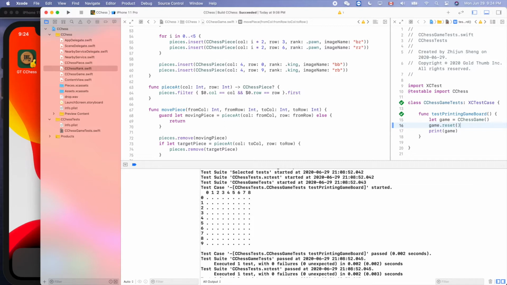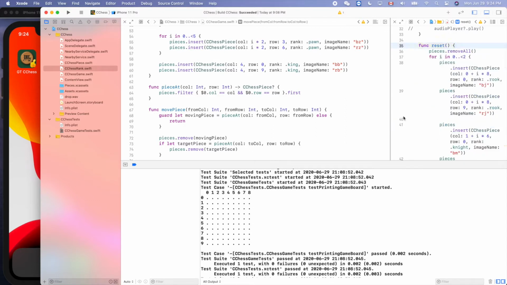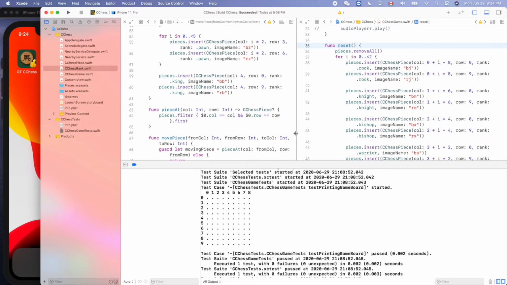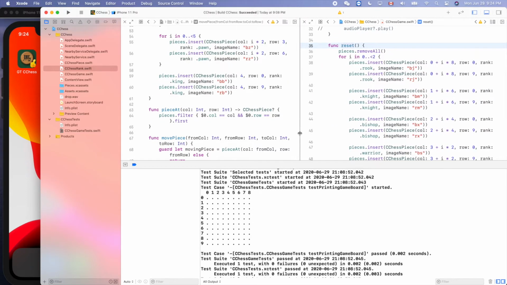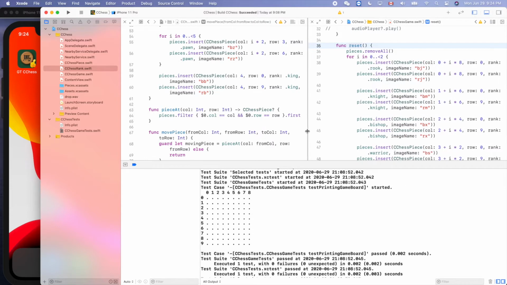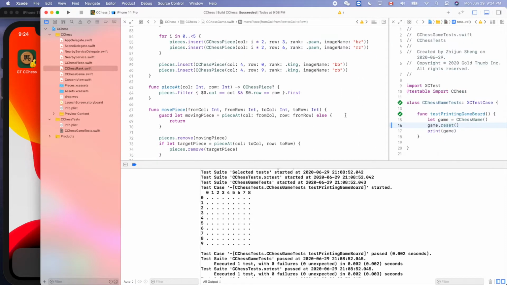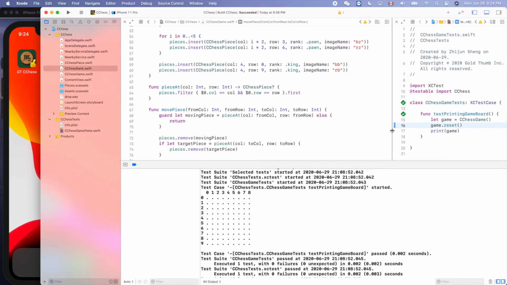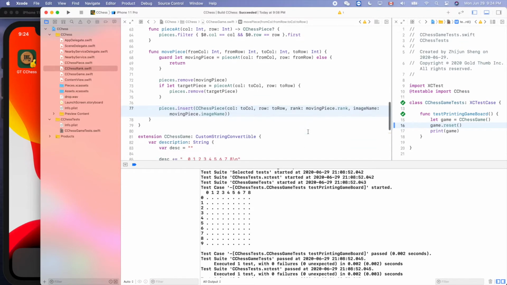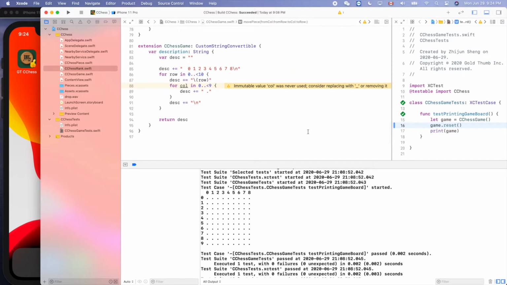And now inside this one, let's go to check, right? So command click and jump to definition. Here you see we insert all the initial 32 pieces, right? Okay, so now how can we print out all of them here? So instead of